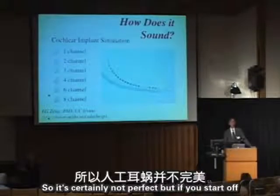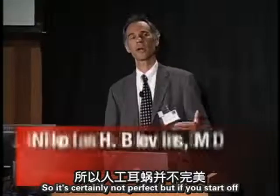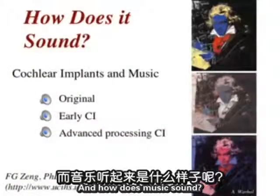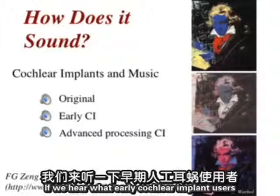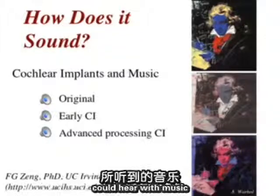So it's certainly not perfect, but if you start off with a severe or profound hearing loss, that's giving you information that there was no way that you could get before, even with well-fit hearing aids. And how does music sound? That's another question that people will ask. If we hear what early cochlear implant users could hear with music,